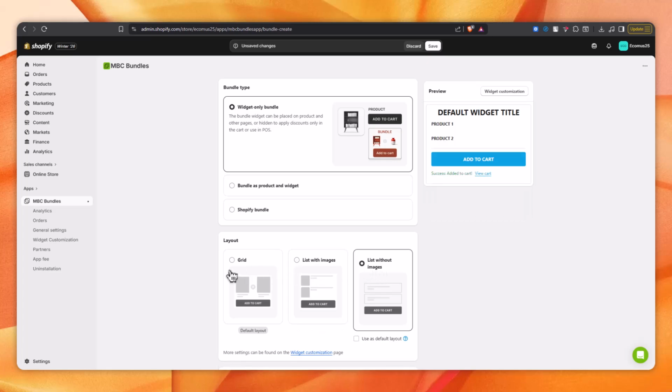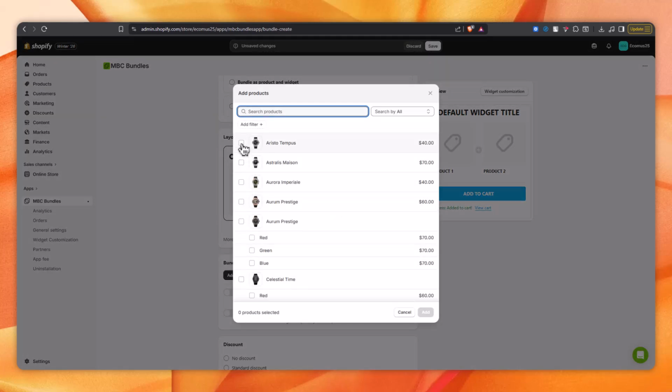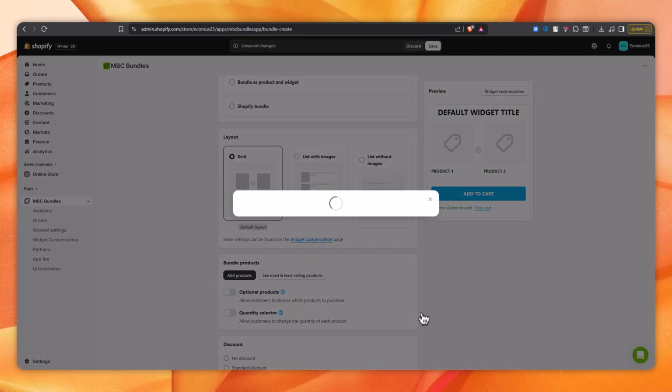existing product page. Now, add the products you want in the bundle. You can select items from your catalog, allow customers to choose variants like size or color, and set quantity rules